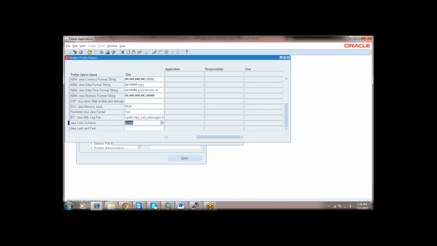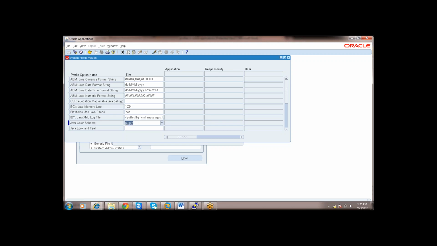I have saved. After restarting your Oracle applications, the values will get reflected. That is not for all cases, this is particularly for this option. This is the profile option name. This is the level where you are, whether it is site level, application level, responsibility level or user level.